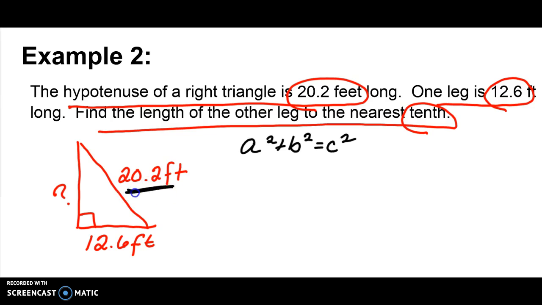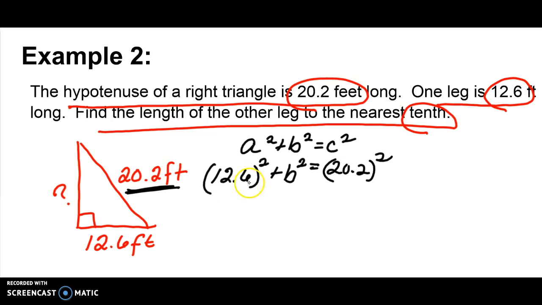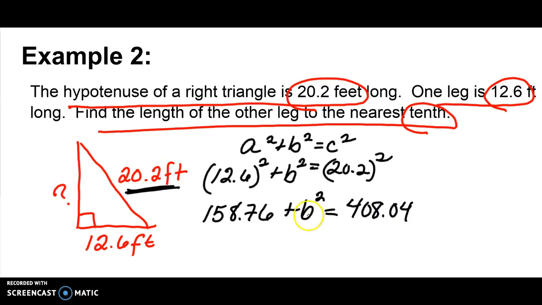So my hypotenuse is 20.2. I always put that in first, making sure you're squaring that whole number. And then a I'm going to put in as 12.6 squared, and then b squared. And then it just becomes plug and chug. I'm going to just plug that in the calculator. 12.6 squared is 158.76 plus b squared equals, and then 20.2 squared is 408.04. Again, I want to get b by itself, so I'm going to subtract